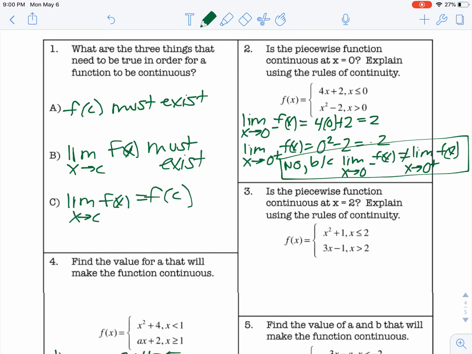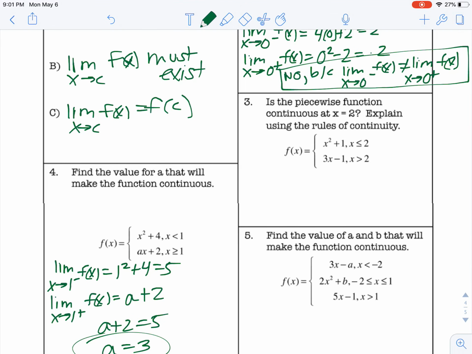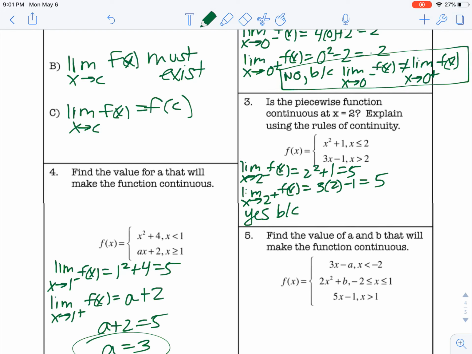All right, is the piecewise function continuous at x equals 2? All right, so same type of question, although I believe this one turns out to be continuous. So limit as x approaches 2 from the left of f of x equals 2 squared plus 1, so 5. Limit as x approaches 2 from the right of f of x equals 3 times 2 minus 1, so 5 as well. And this is going to be yes, because